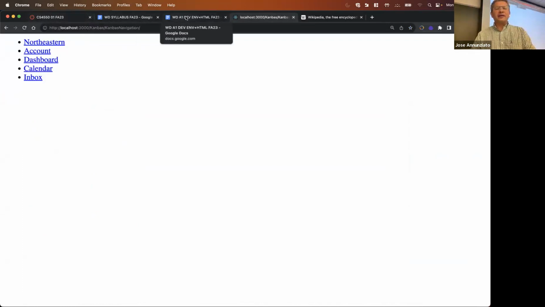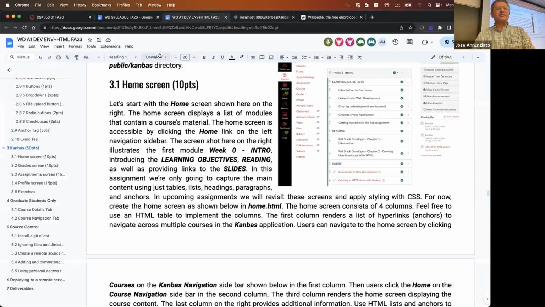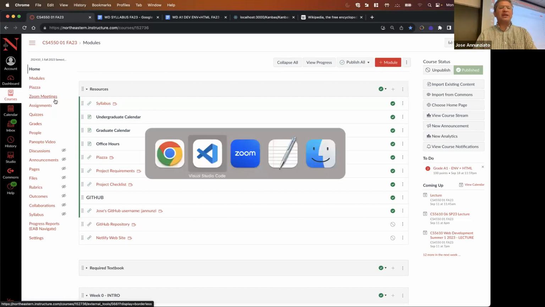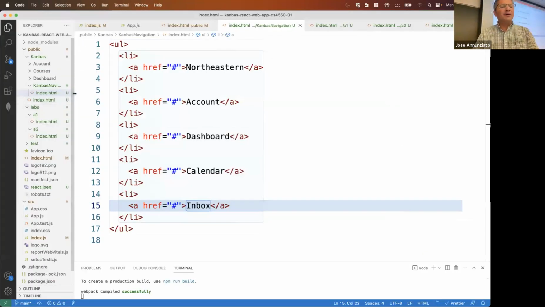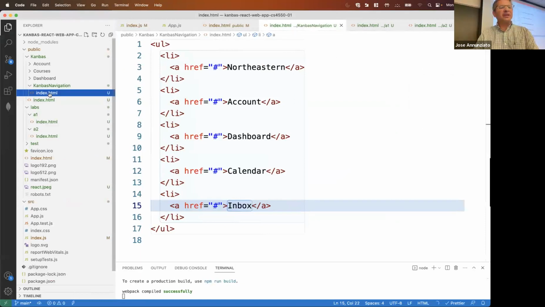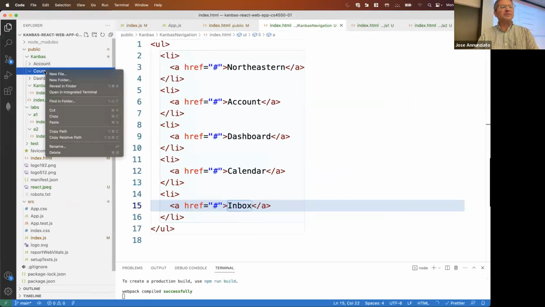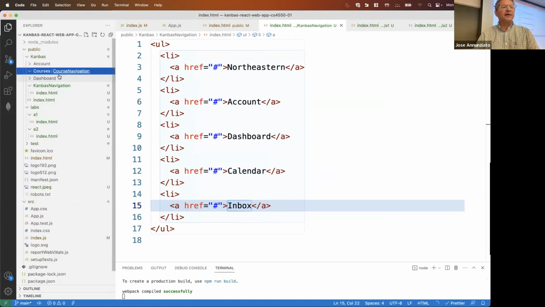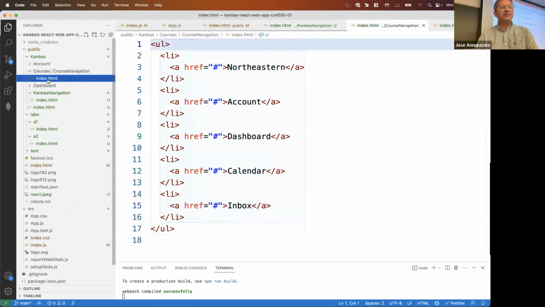We also need this second list here, right? This second list over here, which I'm going to call the course navigation. Yes, right. And I'm going to base it on what I already did with my Kanbas navigation. So I'm just going to copy that. I'm going to copy this Kanbas navigation, and I'll put it inside of courses, and I'll put a directory in there. I'll call it the course navigation. And in there, I'm going to paste my index